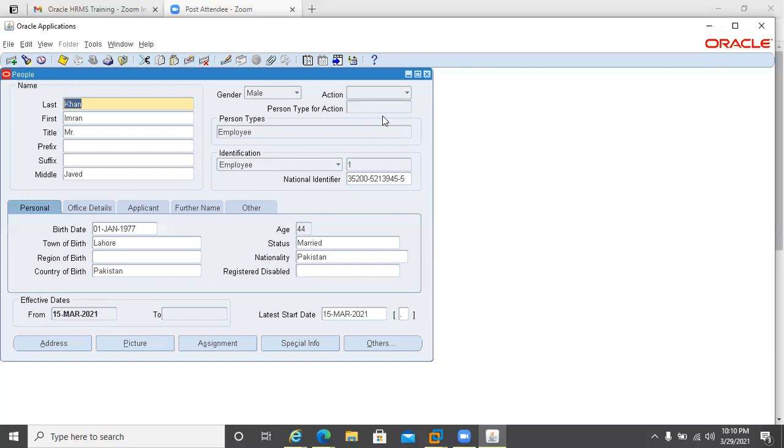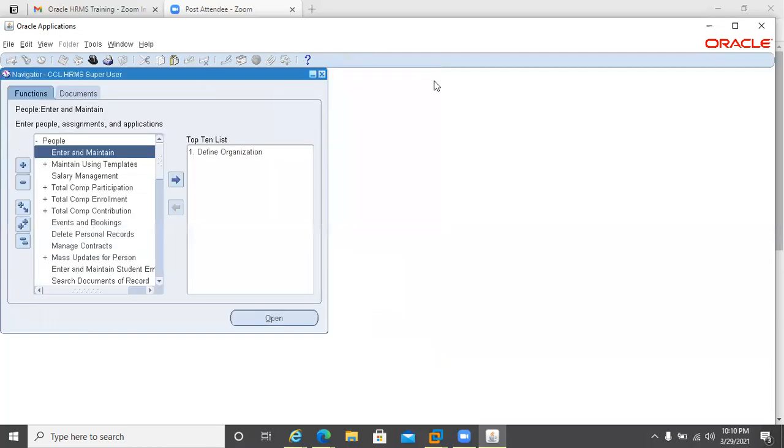And once you create them, then in the next session I will show you the position hierarchy. Based on that, you will see what the hierarchy is. That is the one only topic which is left in position. Let me show you the organization hierarchy, how we can